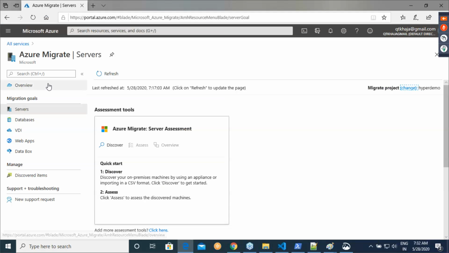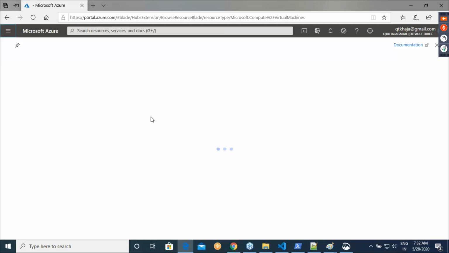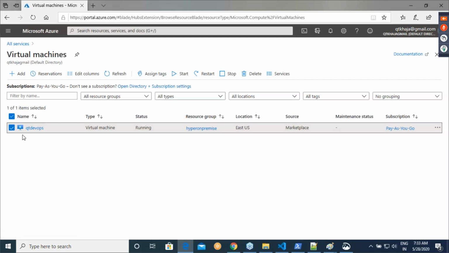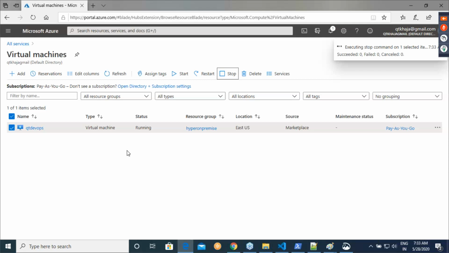I have finished my work for today. So what I'll do is go into virtual machines and stop the virtual machine. For this 8 processor machine, if there are any other options, I'll try to share them with you tomorrow. Today I want you to have your virtual machine with this appliance downloaded and extracted. We'll be doing discovery, starting the assessment, and then continuing with our next activities in the same way.